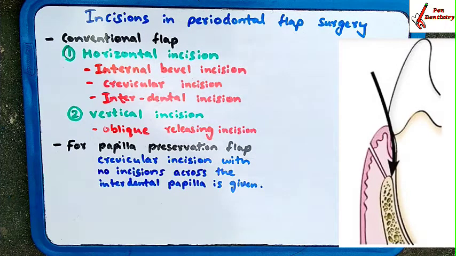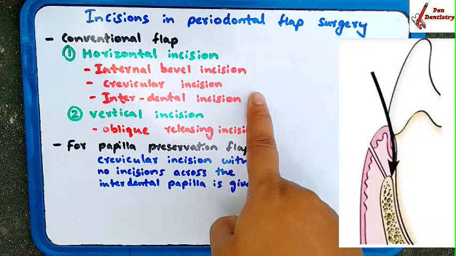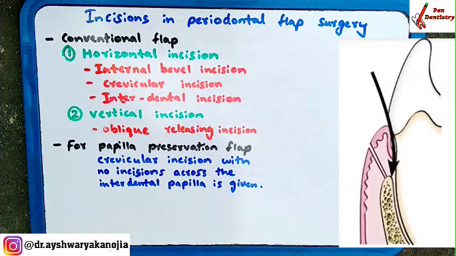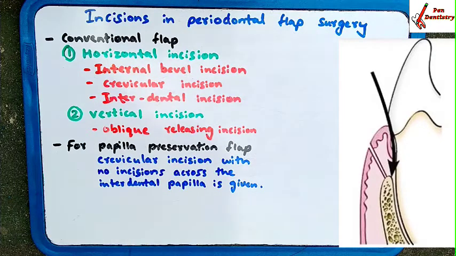You make the incision from the base of the pocket, as you can see in the picture, to the crest of the bone. This incision can be carried out around the entire tooth. The blade used here in the crevicular incision is blade number 12B. The incision results in a V-shaped wedge. The first incision is the internal bevel, and the second will make the tissue a wedge shape, a V shape.